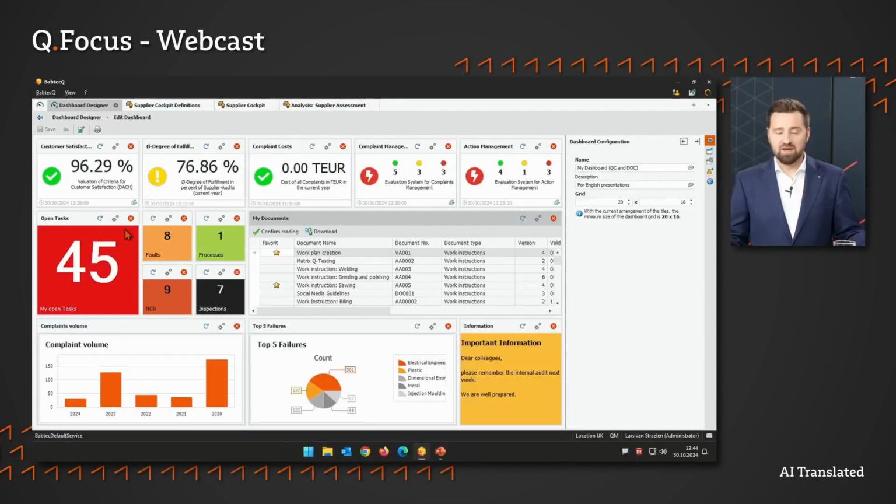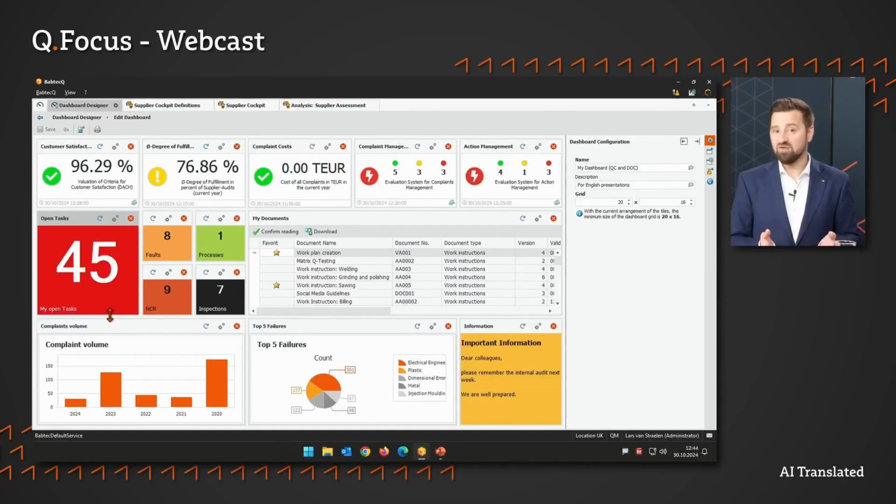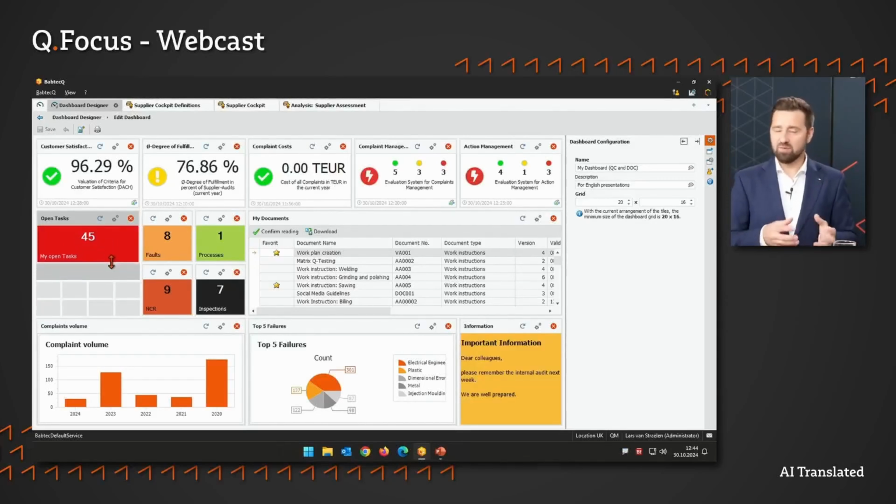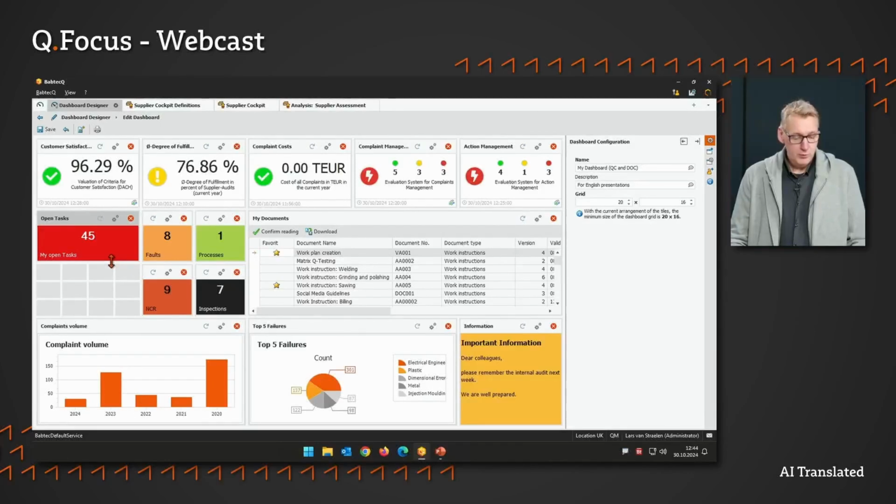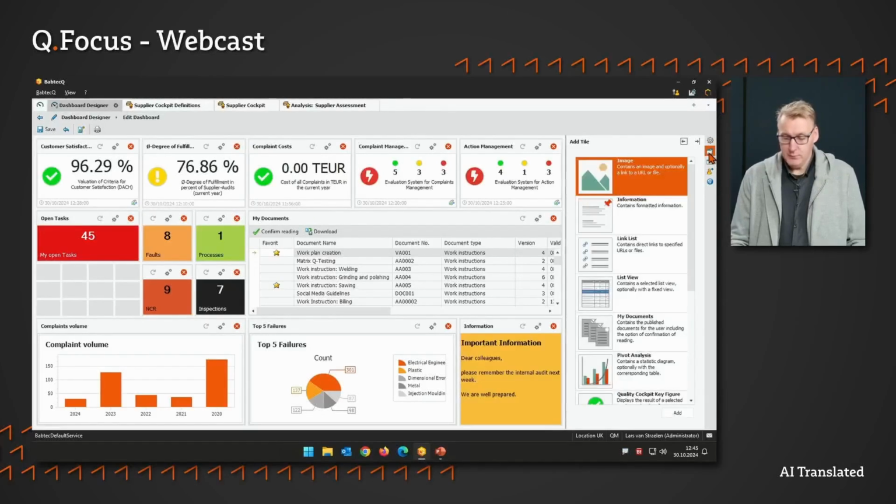elements. In this case, I personally feel that the topic of complaints isn't prominent enough. That's why we're going to create an additional tile that puts the focus on complaints and, for example, shows me the number of outstanding complaints with a deadline. To do this, I've now moved the existing tile with the 45 open tasks together to create a bit of free space here. And I'm using this free space now to go to the right side and click plus to